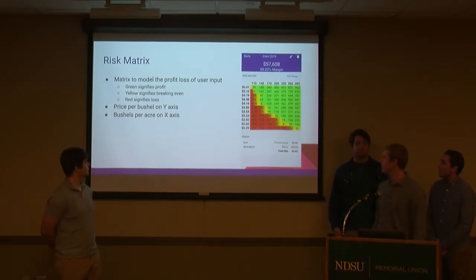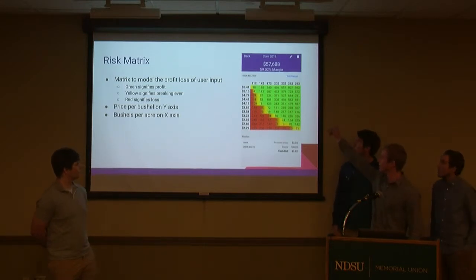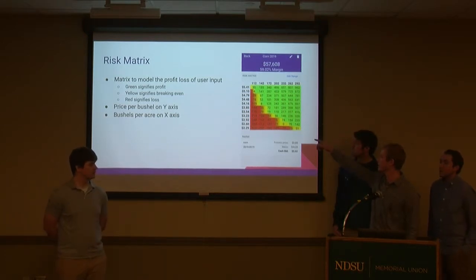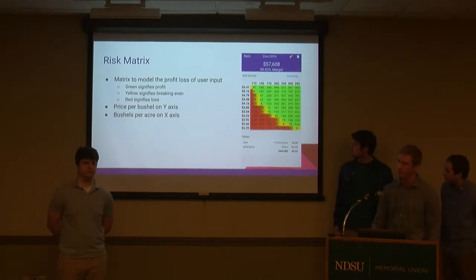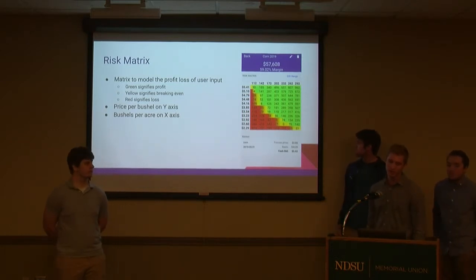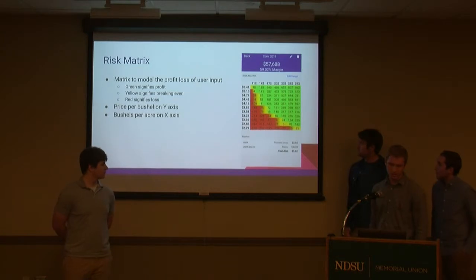So we calculate the price and yield by taking each individual from the top of the header, you take whatever your yield value is, and you take it on your side there, you grab your price, and you subtract the basis off your price, which is down there, negative 0.23, which is usually a negative value because it's like a tax that the elevators have. And you calculate that by multiplying it and subtracting whatever your total cost is. So that's how you get the negative numbers. Yeah, that's pretty much it.